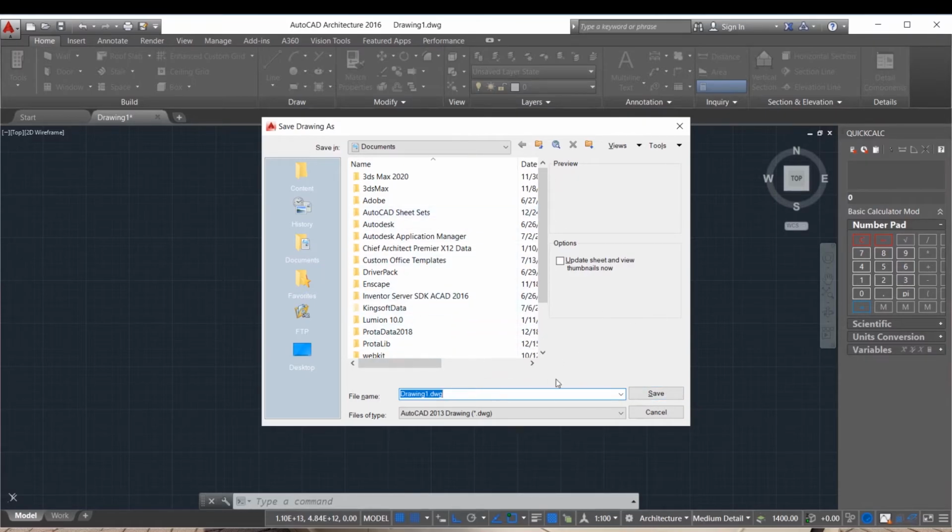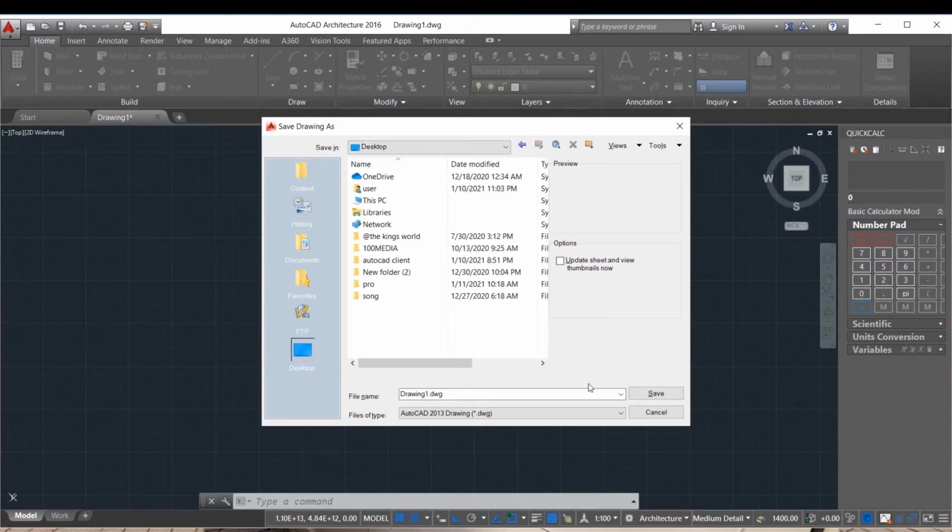So right now I have to choose wherever I want to save my drawing. Okay, so let's say I want to save it on the desktop. Now the file name, let's make it smart. Then for the file type, AutoCAD helps you to save